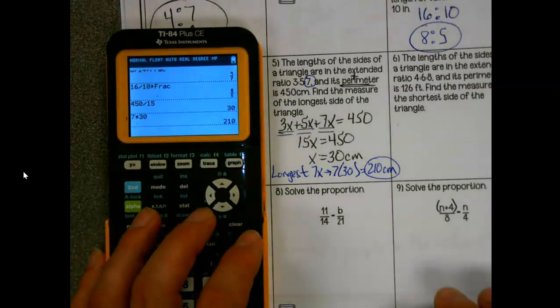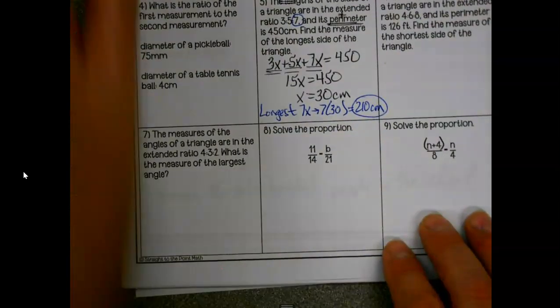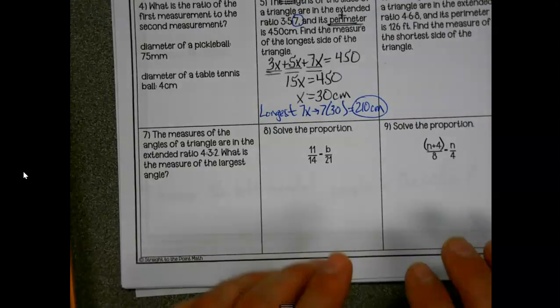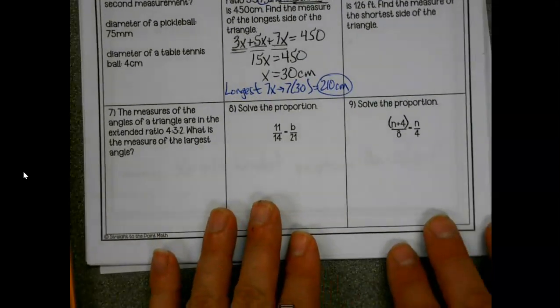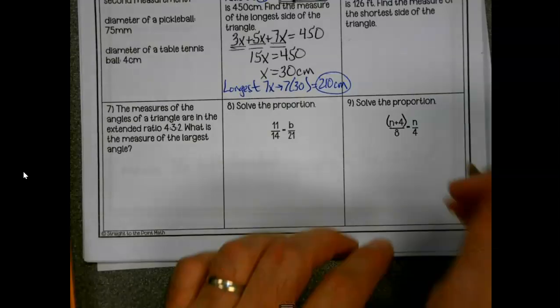Okay. One last one coming from me, and then I'm going to have you try the rest of them out here. Even though I do see one thing I'm going to help with on number 4 before we wrap up. Solve the proportion. Sometimes when you have a proportion, we're doing the cross multiply thing. If you ever see a plus or a minus and the parentheses aren't there, you need to put them there to make sure we do this correctly and we don't forget to distribute. Because when we cross multiply,